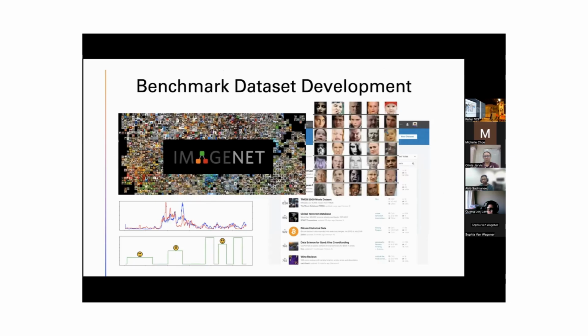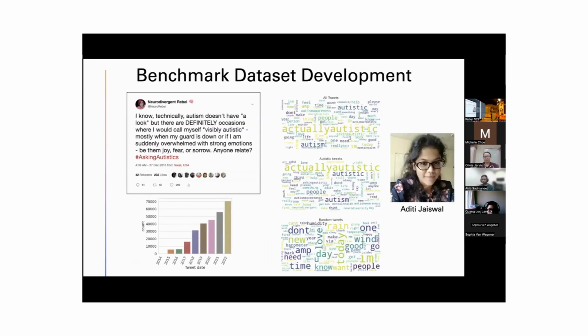And what tends to happen is if you curate a data set and release it to the public, all the AI people all around the world start using that data set and building AI models. So if you have a really challenging problem, why not crowdsource it to the machine learning community and let them solve it? A lot of what I'm interested in is curating these data sets, releasing them publicly, figuring out all the IRB and privacy issues that go along with that, and making it happen. So a few examples.